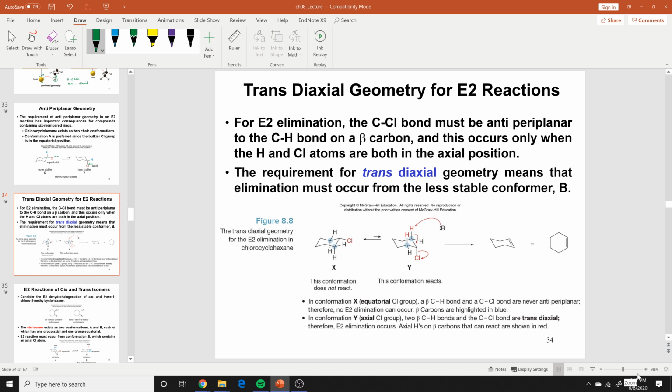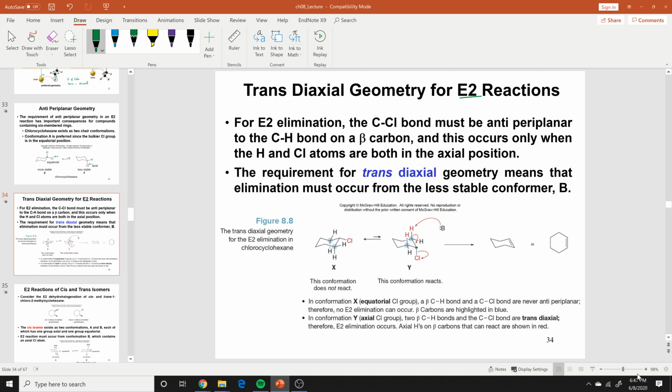So there is no E2 elimination for the equatorial conformation. Reason why? Because the chlorine is on the equatorial position. For an E2 reaction, I need my chlorine to be on the axial, and my beta hydrogen to be on the axial. So if I flip it, I'm going to end up having my second conformation where my chlorine is